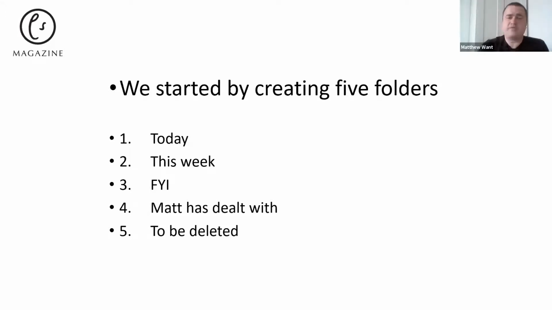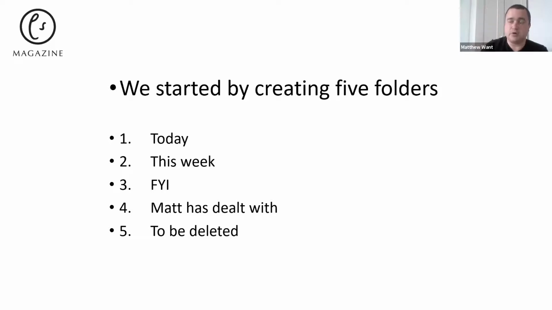Now, one tip I found with this system is, as we all know, with the inboxes, several of us have different folders as we're going along, especially our executives. When I first started doing this system, I labeled the folders in the mailbox. We use G Suite. This week, FYI, and as it goes down. I then found that even though I put them, they were still moving down to the bottom or moving in within the other files. So a useful hint that I would share with you, if you're looking to implement this system, or you have done already, is I put a number and a full stop before the words for the folders. That way it raises it straight to the top.